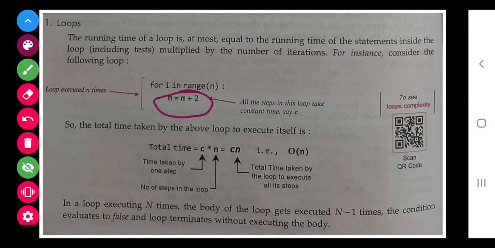Let the time taken by this statement be C. Now this statement will run how many times? N times. So C into N, that is Cn, is the total time taken to execute all the steps. And here the variable is N, so we can write this as big O(n).